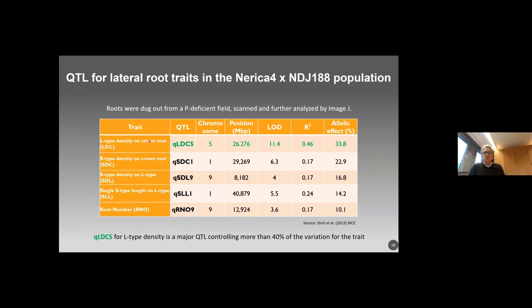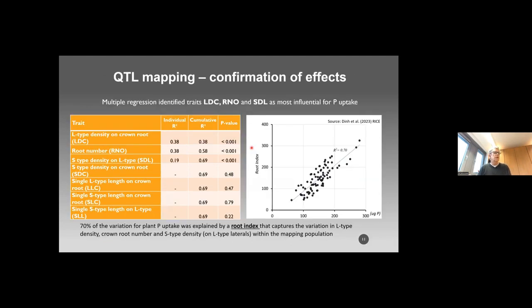We identified several QTLs, in particular the one that is highlighted here in green for L-type density on crown roots. This had a major effect. It explains more than 40% of the variation for the trait and is statistically highly significant. Before we can use this QTL and the linked markers in breeding, we still need to go through a process of confirmation of the QTL, to convince ourselves and to convince the breeder that it is really worth investing in marker-assisted selection based on this QTL. So there needs to be a genetic confirmation, and I will not talk about that now,